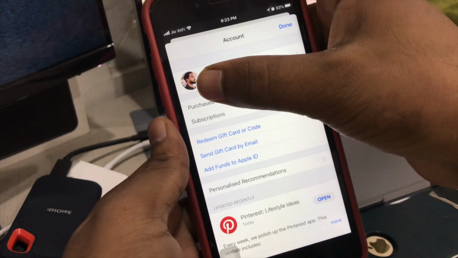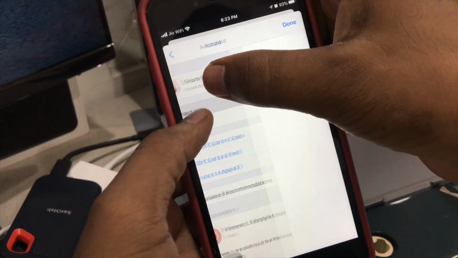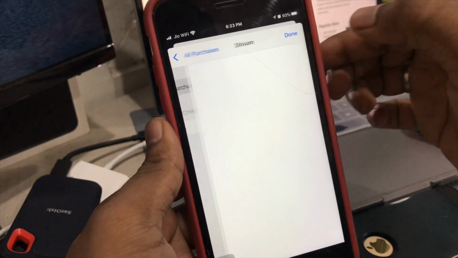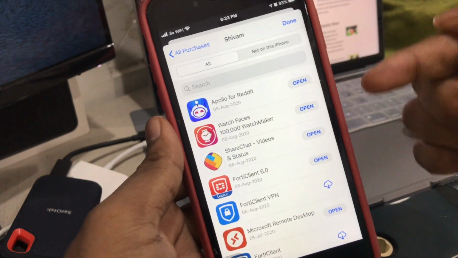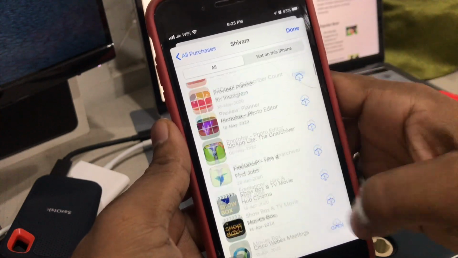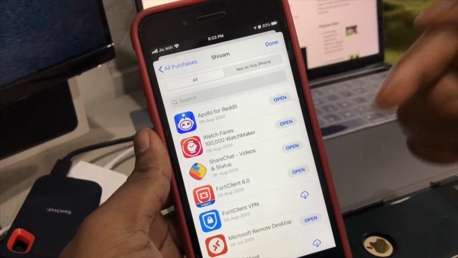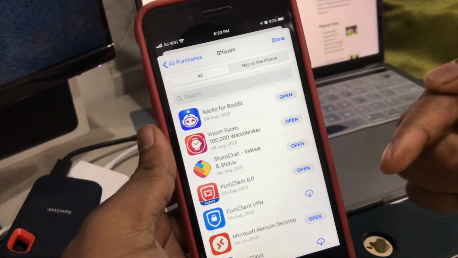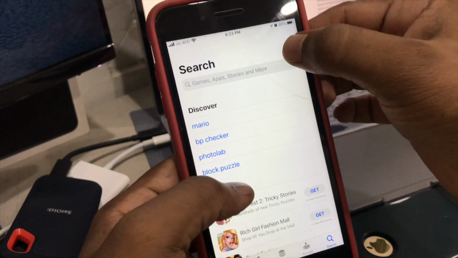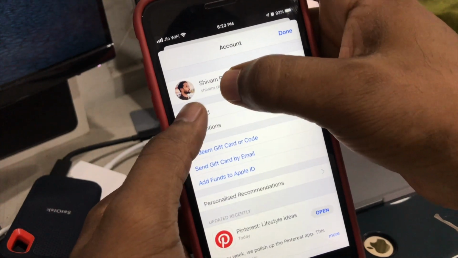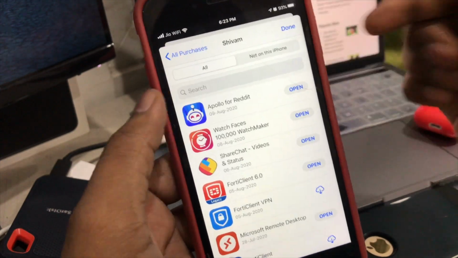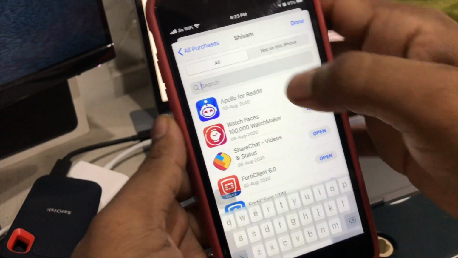Go to purchases, click on My Purchases, and there we go, you can see All. When you see All, there is the entire history of whatever you have downloaded till now. This only works when you previously installed Fortnite on your device. So let's say you installed it and removed it from your device for no reason, and now you want to get it back. Go to My Purchases, and in the All section you can search for Fortnite.